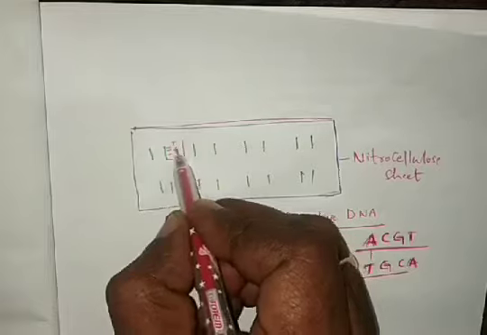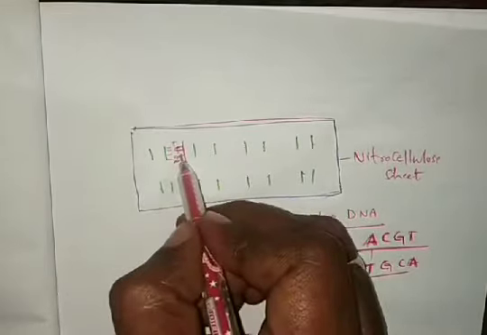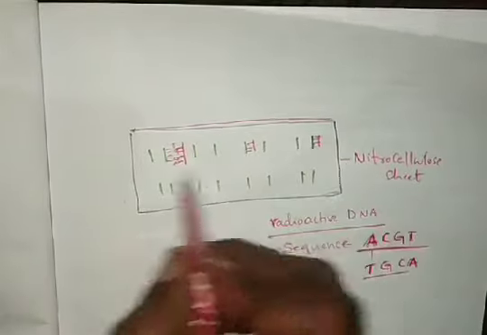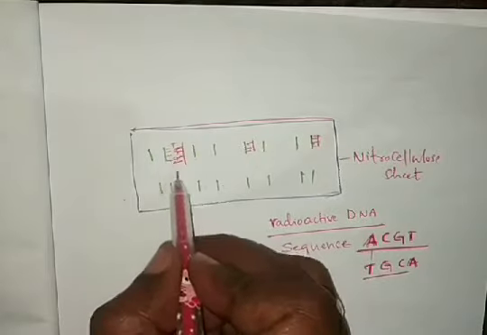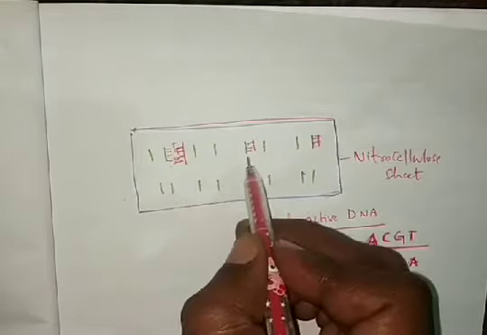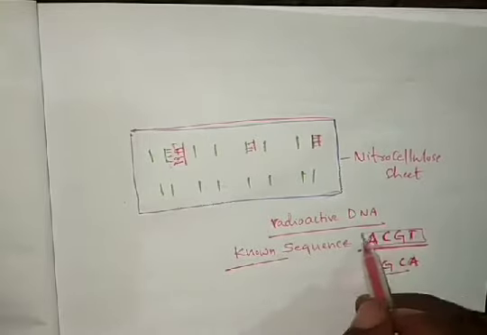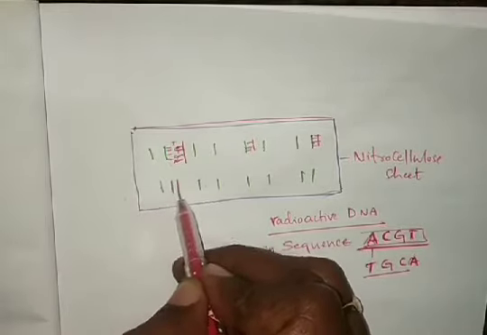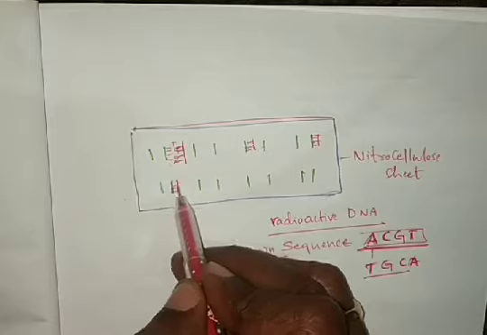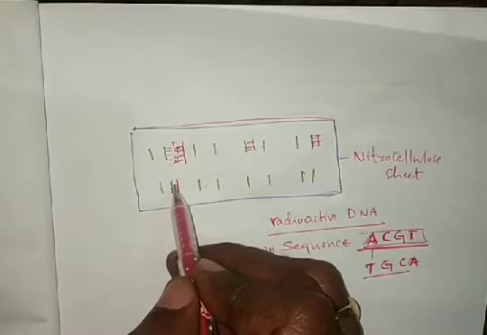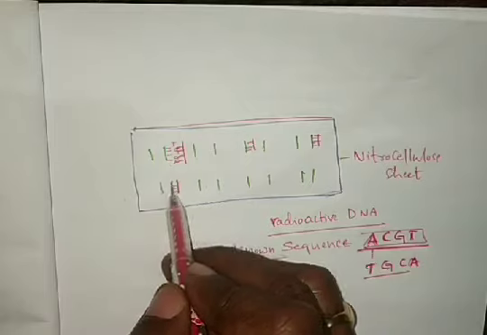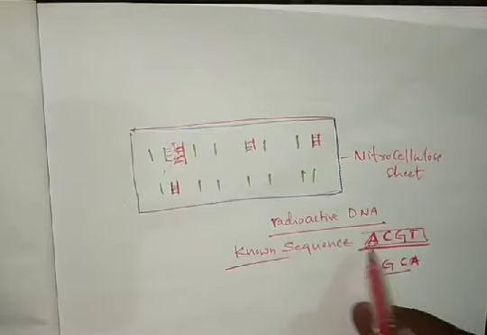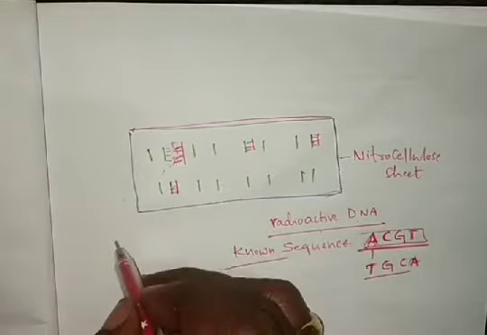This is paired with this radioactive DNA, and this one is paired, and this one is paired. So this sequence is TGCA, and when we introduce this radioactive DNA sequence, it pairs with the DNA sequences already on the nitrocellulose sheet. So the repetitive DNA sequences of the nylon sheet pair with the radioactive DNA. This is called hybridization.